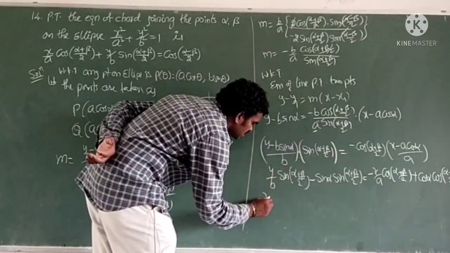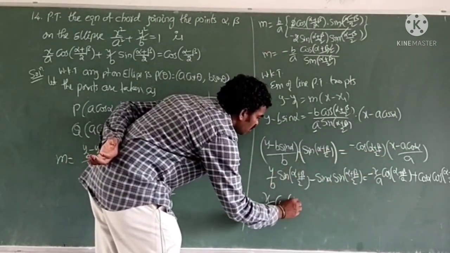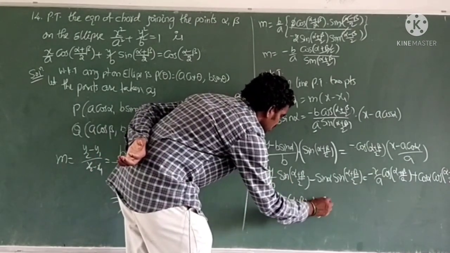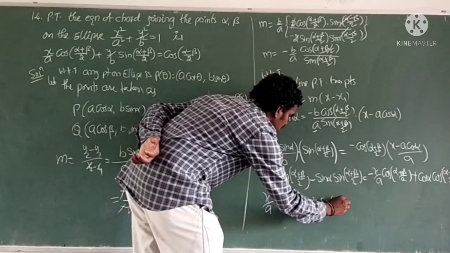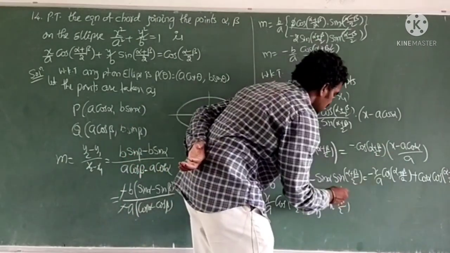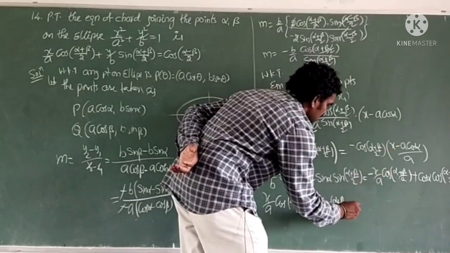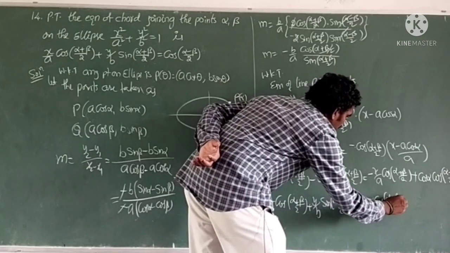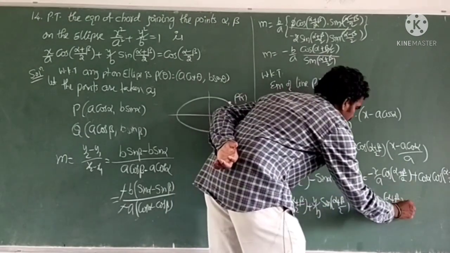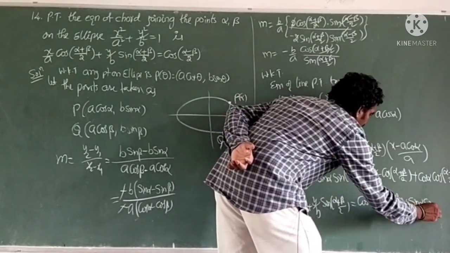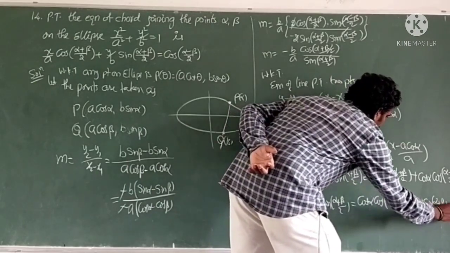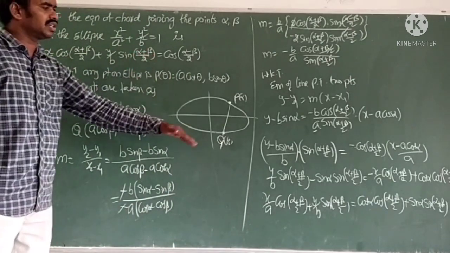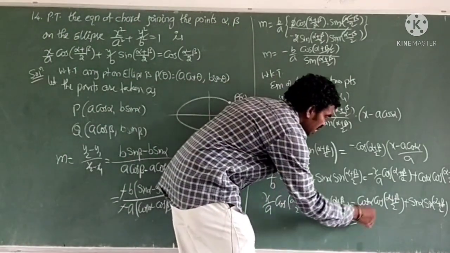So by bringing to the left side we get x by a cos of alpha plus beta by 2. And this one, y by b, as it is written, sine of alpha plus beta by 2. And this one send to the right side, so minus sine goes to the right side. First write down that one: cos alpha, cos of alpha plus beta by 2. And whenever sent to the right side it becomes plus sin alpha, sin of alpha plus beta by 2. Almost we have reached the solution. The left hand term from here to here we got it, so write as it is, and simplify the right hand term.